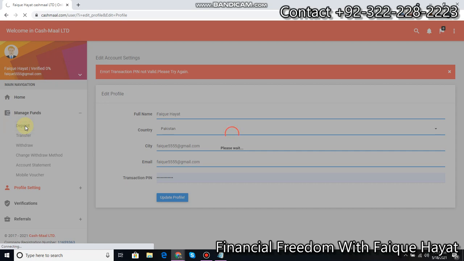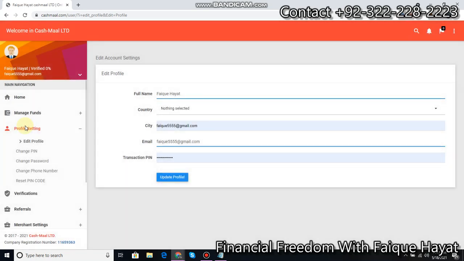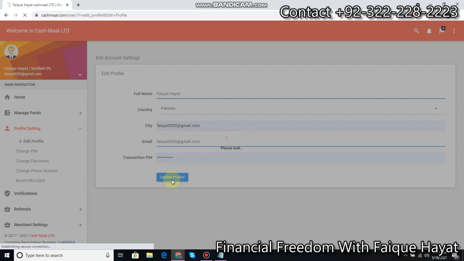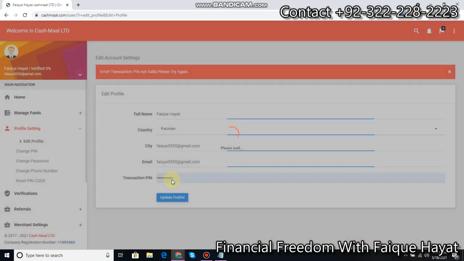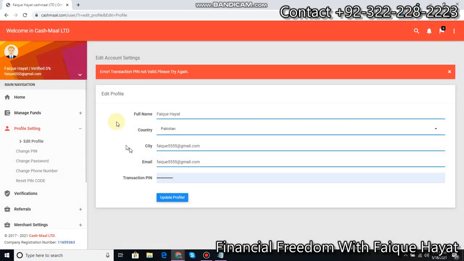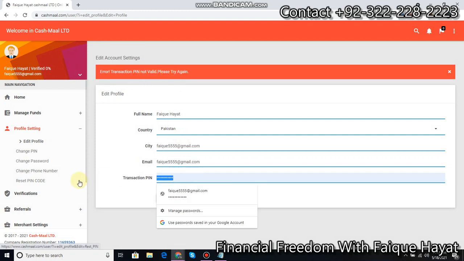Let's check when we click on deposit, what options it gives us here. Pakistan, update profile. Why are they asking again and again to choose the country? Error, transaction pin not valid, please try. Oh, okay. We have to submit the pin.